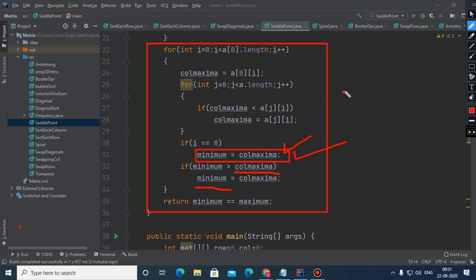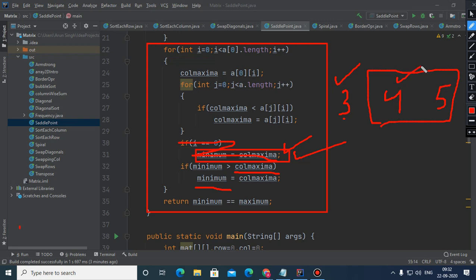Because, child, when you have got the maximum from the first column, which is 3, and the maximum from the second column is 4 and then 5, which you have not got yet, you have got only this value, but before that the minimum was 0. You need to change that 0, because if you are not writing this, minimum is 0 and 0 is not more than 3, so minimum will remain 0.